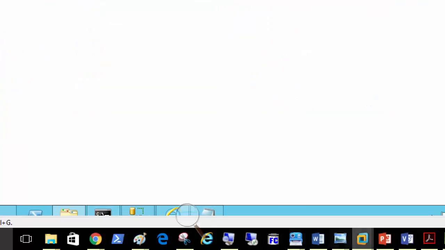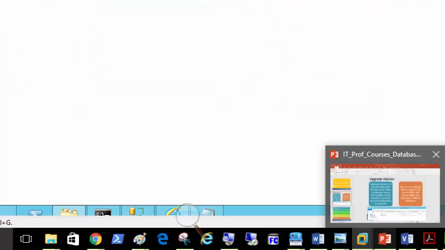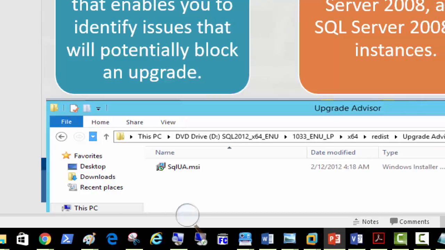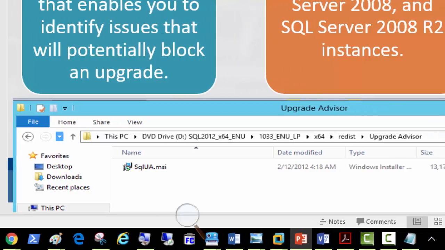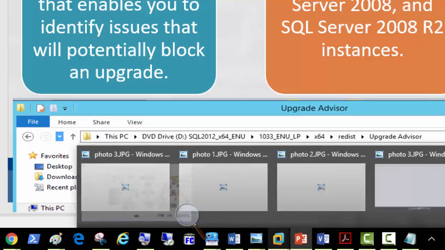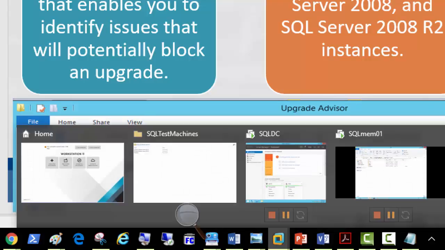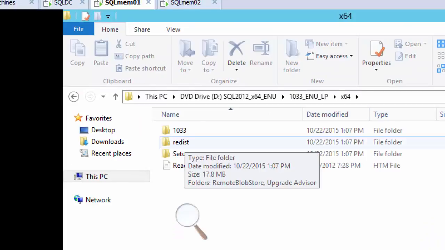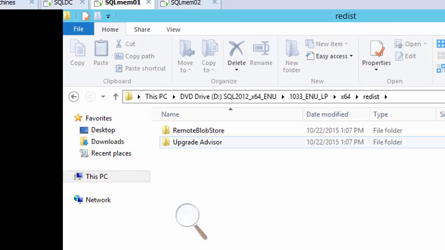I think everyone is able to see that. Then x64, then redistribution or Redist, and then upgrade advisor, which is the SQL UA.msi file. So I'm going back to that SQL Server, x64, Redist, and upgrade advisor is there.